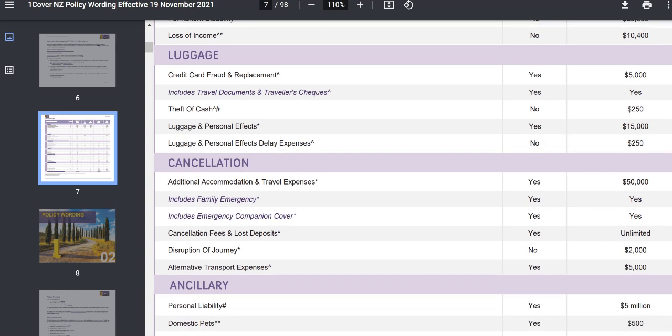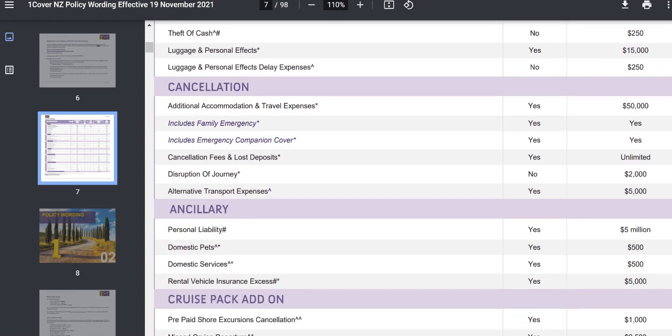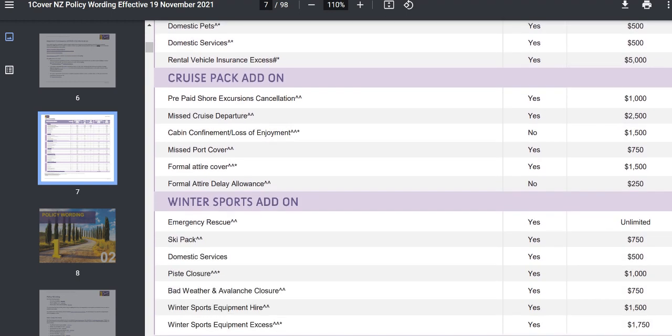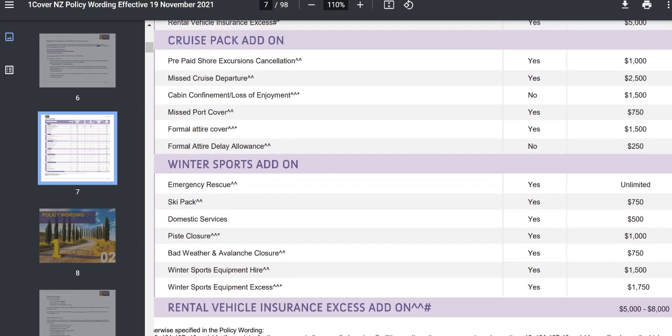And then you can also see that there's also no excess for luggage and personal effects. So daily expenses there, if they're not in your possession, say they've been misplaced or delayed, then it's an allowance there as well. And then other things. For disruption, you wouldn't be paying a fee for the excess, and then also for cabin confinement, loss of enjoyment. That's if you've done the cruise add-on pack, then there are some extra benefits there, which of course you pay for,